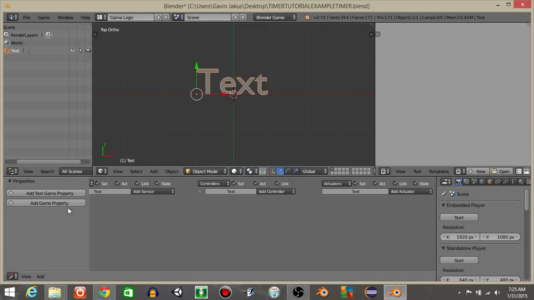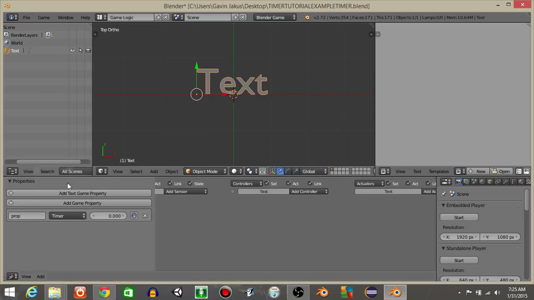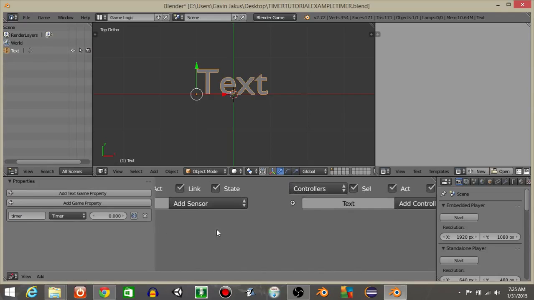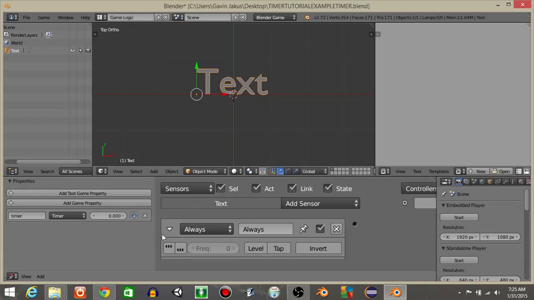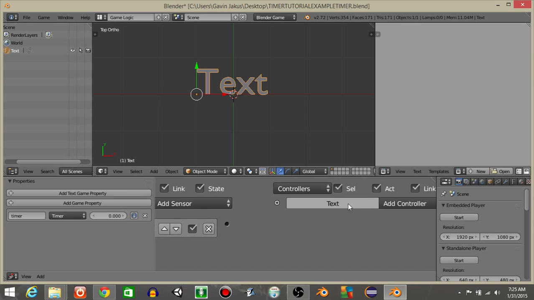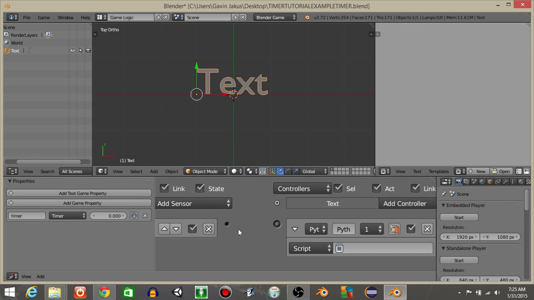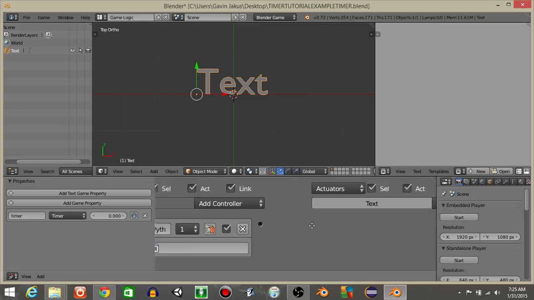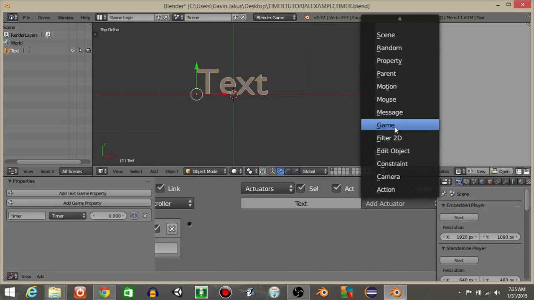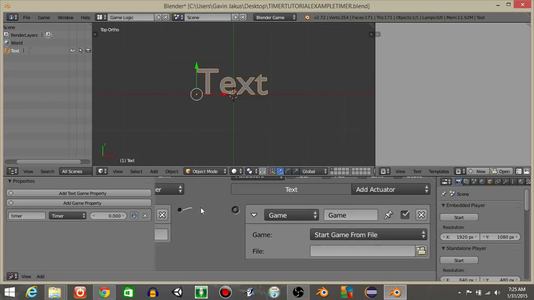On our text object, we're going to add a game property. This game property will be timer, and I'll name this timer like that. Let's then have an always sensor on our text object. Let's then have a Python controller. Let's have an add actuator, and let's have this be game. And let's connect these. I'm going to rename this to start game, like that, and I'm going to click this